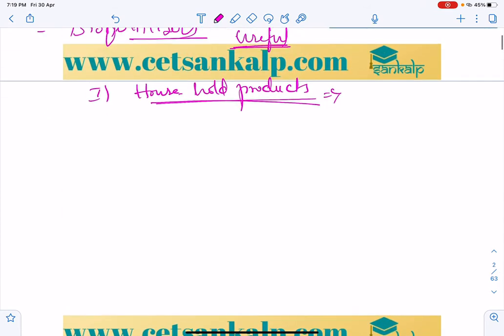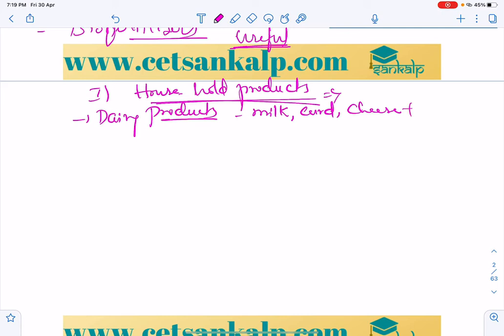First, in household products, microbes are mainly used to obtain dairy products. As we all know, every day we use milk, curd, ghee, cheese, and also yogurt. In this, the lactic acid bacteria are very important. Lactic acid bacteria are used to convert